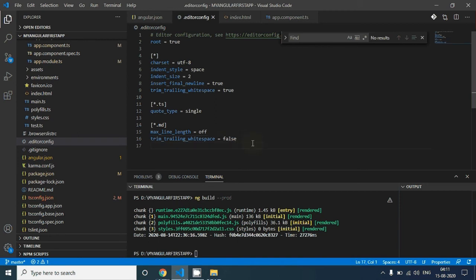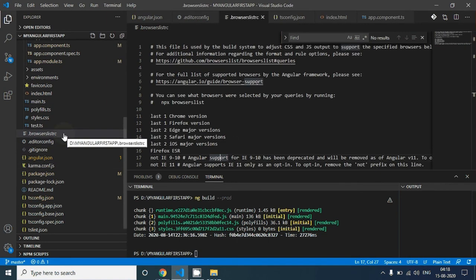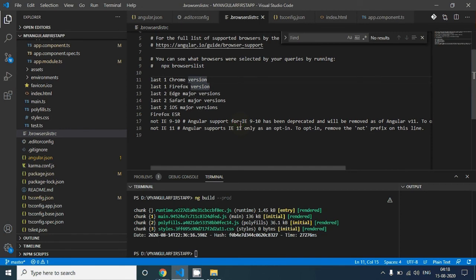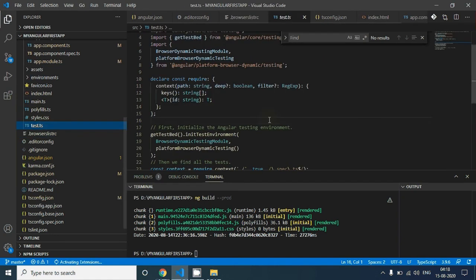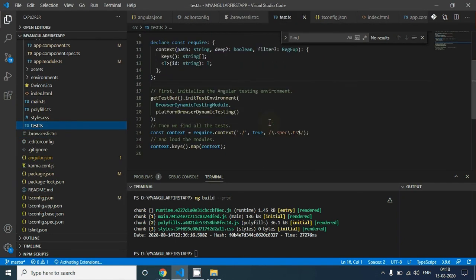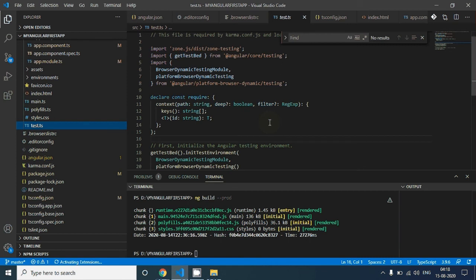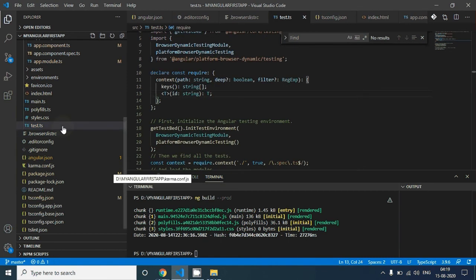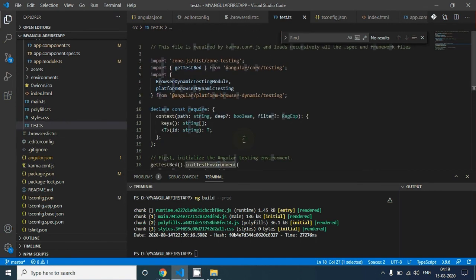So whatever common configuration you want to put for the project, you can put it here. .browserslistrc. In this file, you mention the names of all the browsers that are supported by your application. Then we have test.ts file. This is the file where you will write your test cases for your application. Test.ts is the entry point for your testing.